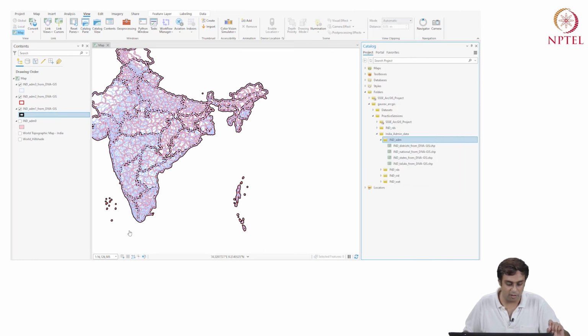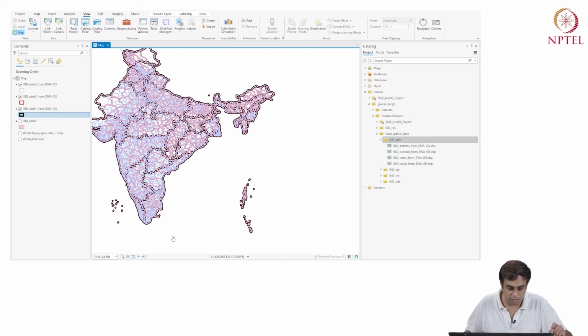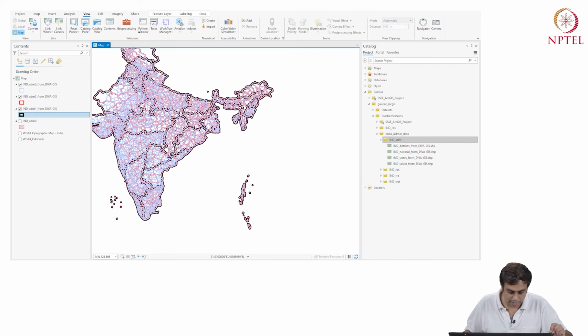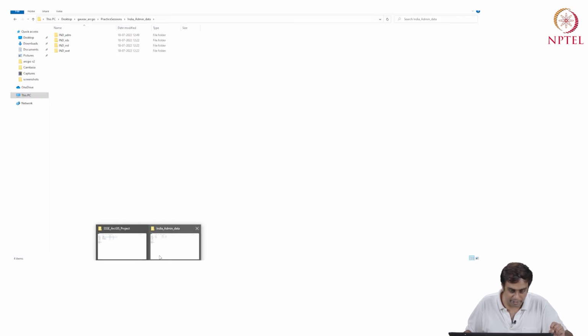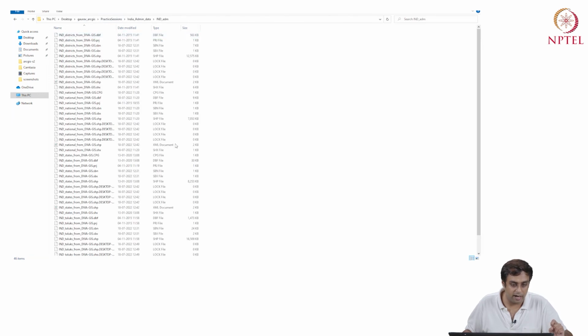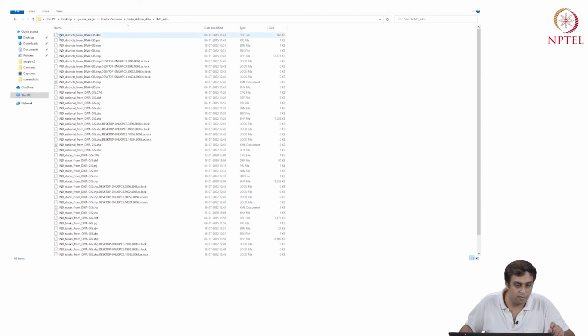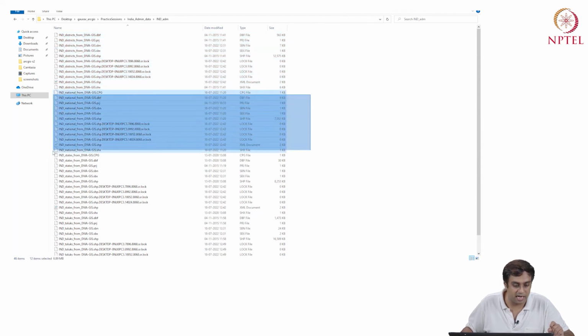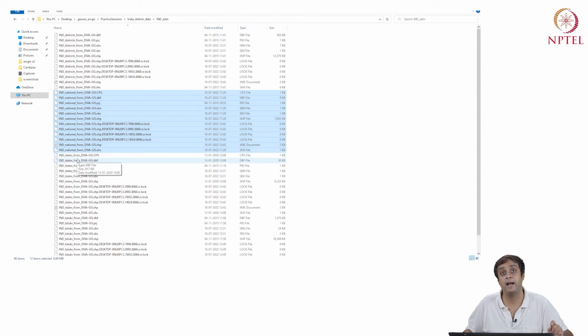I'm going to go to the physical folder now. Okay, so let's see where you are. Where are you? India ADM data, practice sessions, India ADM data, India ADM. Fantastic. Now look at this. Wonderful. We have India districts. So India ADM 2 has changed to India districts. India ADM 0 has changed to India national. All of them in the packet at once. So that's how powerful Arc Catalog is.